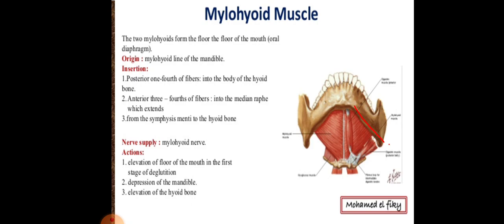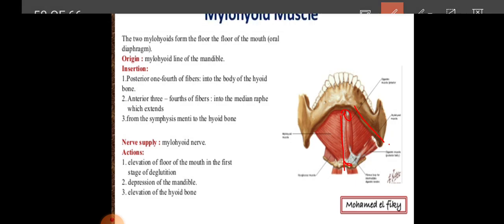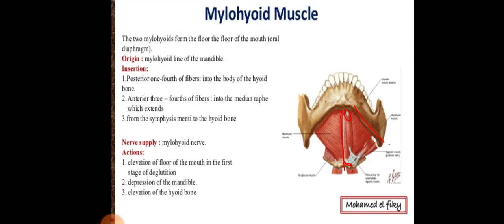the body of the hyoid bone, and the anterior 3/4 fibers are inserting into the median raphe, which extends from the symphysis menti up to the hyoid bone. So the median raphe is from the symphysis menti. This is the symphysis menti, and this is the hyoid bone, and this is the median raphe. So this is the insertion of the mylohyoid muscle, and the nerve supply is from the mylohyoid nerve, and the